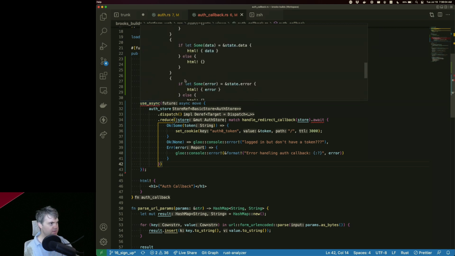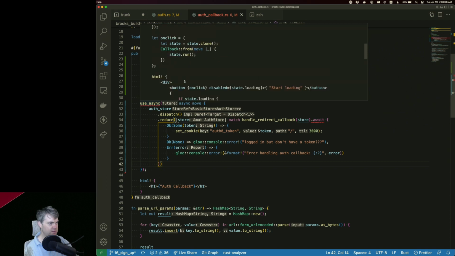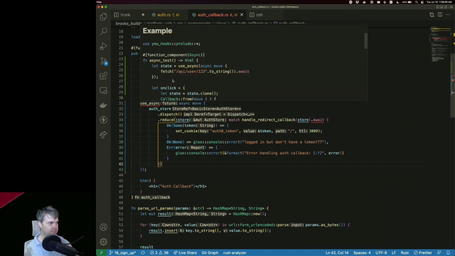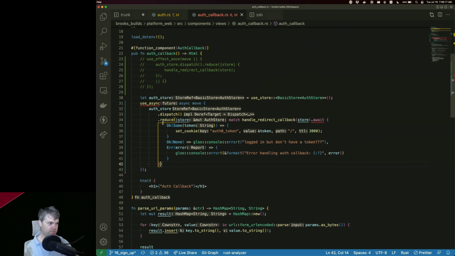Wait, they have an example here. Use async. Okay, async move. Okay, so exactly like that. Fetch, toString, await. So, oh, is it because this reduce isn't await in here? What's going on? That should work, right?